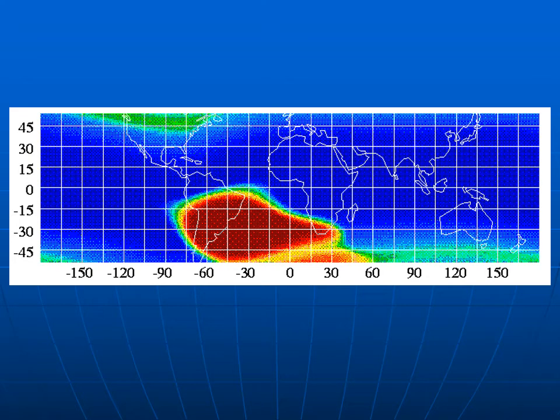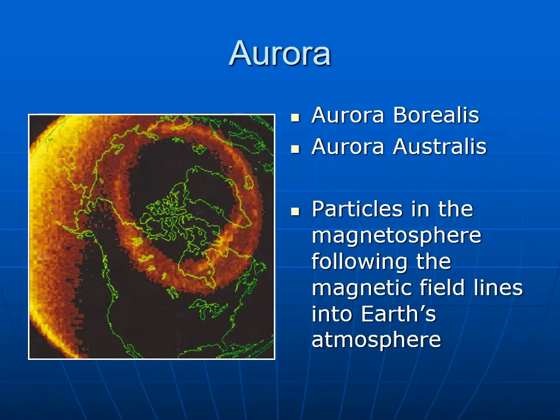Again, this is like a radiation map of low Earth orbit. And you can see the South Atlantic region down there has more radiation in there because of the asymmetry of the Van Allen belts. Again, this is a graphical map showing where the South Atlantic Anomaly is. The other thing that happens, though, is those charged particles can follow the magnetic field around and slam into Earth's atmosphere. And when they do, it gives you brightening of the sky that we call the aurora. The one in the north is the aurora borealis. The one in the south is the aurora australis.